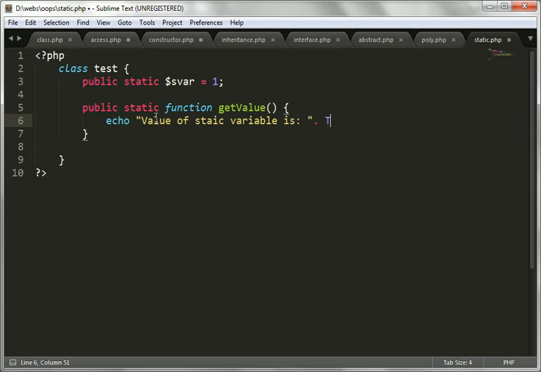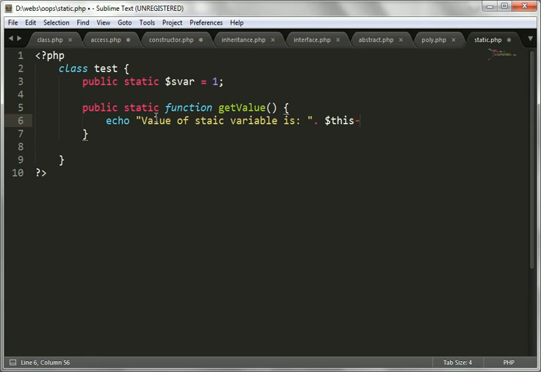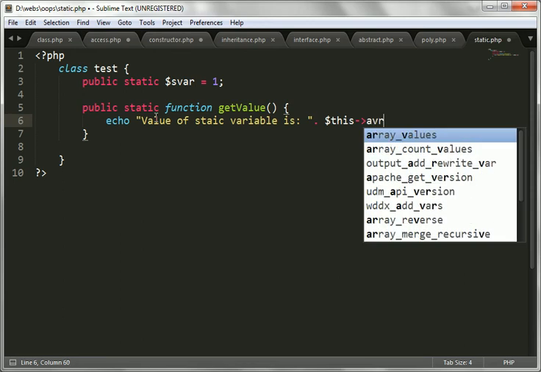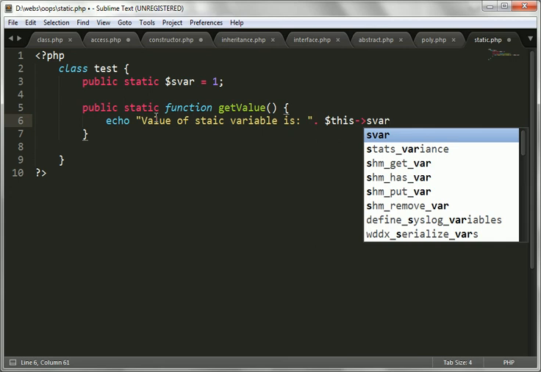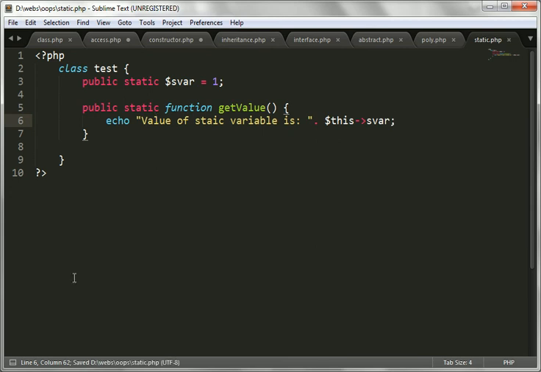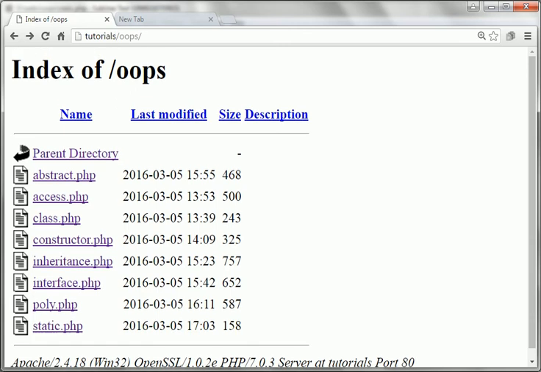As we have seen in earlier videos, we can use the $this statement to access variables, but if you use it for accessing a static variable it will show an error. So let's see, $this->static_var. If I write like this and try to access this variable in this file,